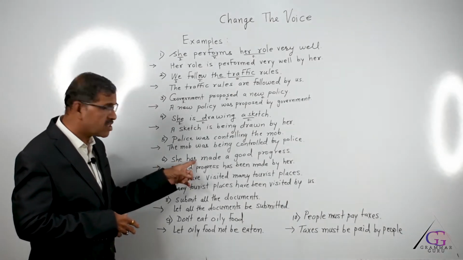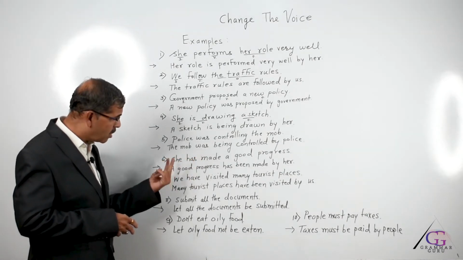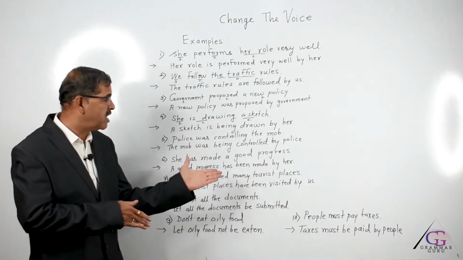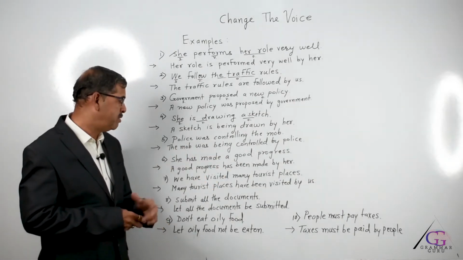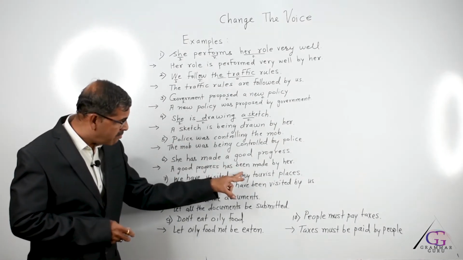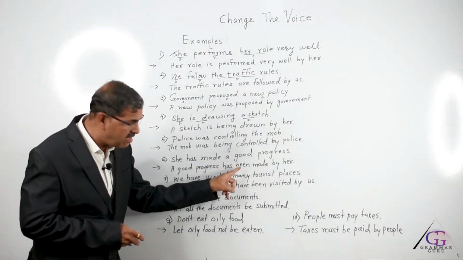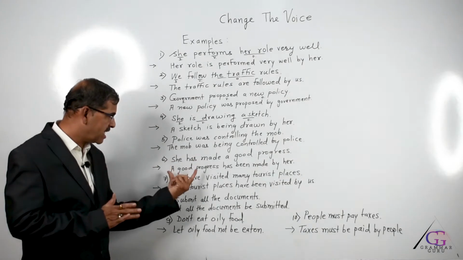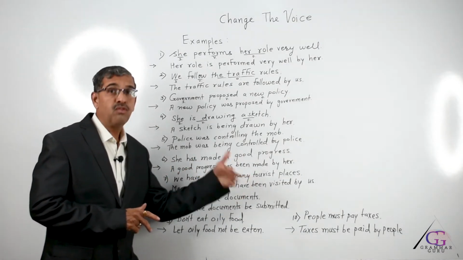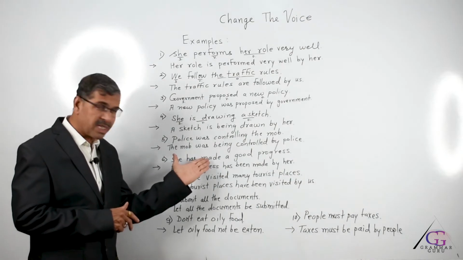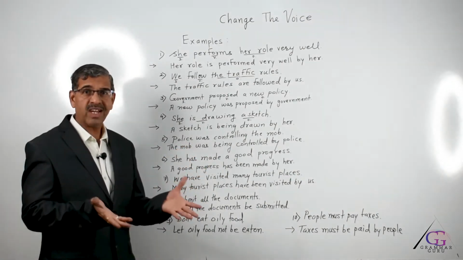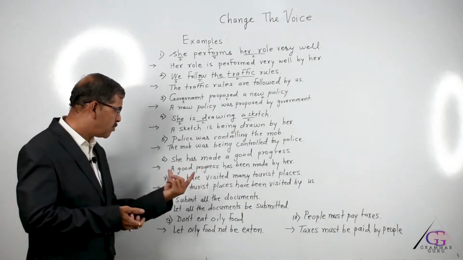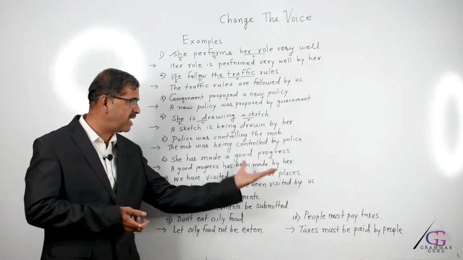Now, she has was the beginning of the sentence. In the answer also I have written a good progress has, because a good progress is singular. So, correspondingly the singular has is the verb used. So, a good progress has, in perfect tense there must be been in the answer. If you forget, then your answer will be wrong. So the correct answer is a good progress has been followed by made, the verb in past participle, which is already given in the sentence. So in fact, writing perfect tense answers is comparatively easy because the V3 form is already given to you. So the correct answer is a good progress has been made by her.